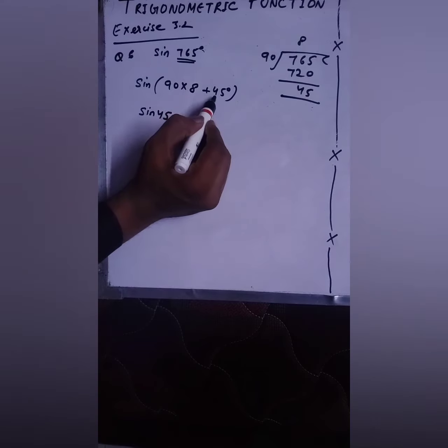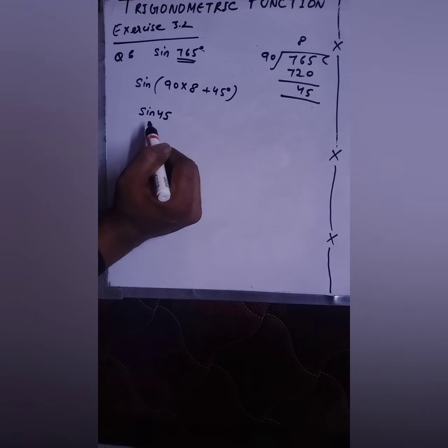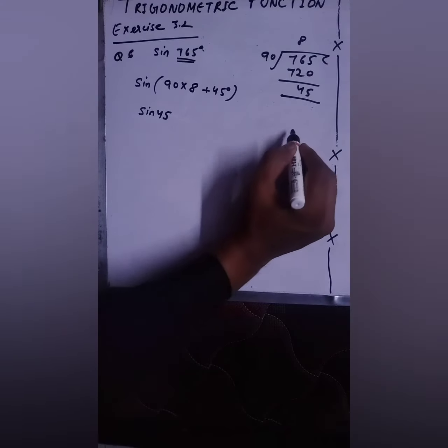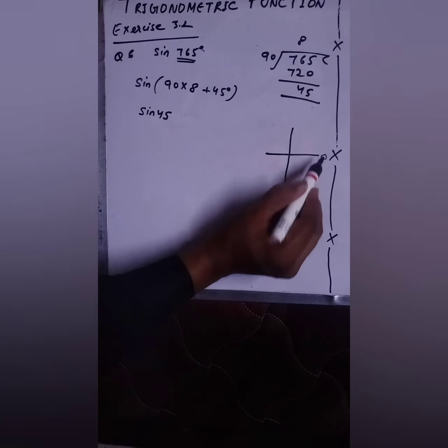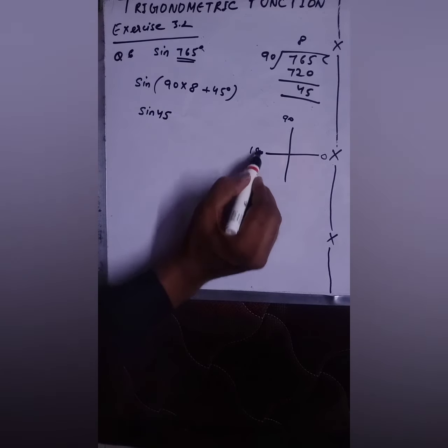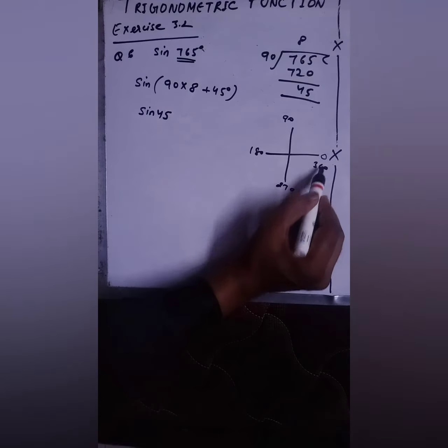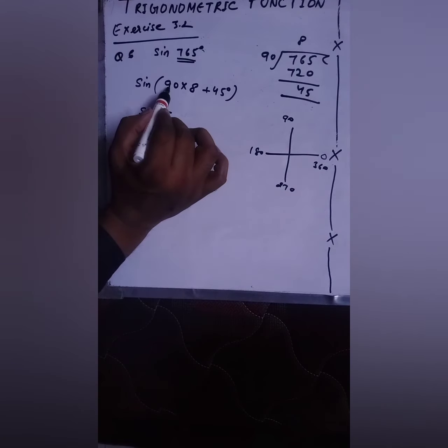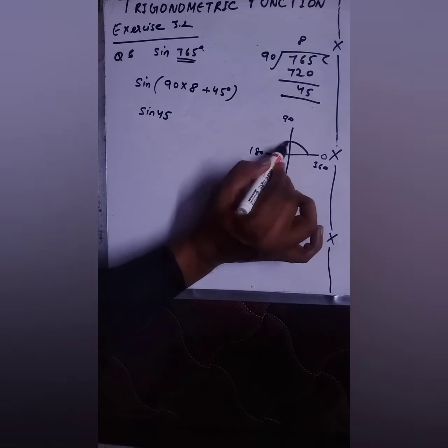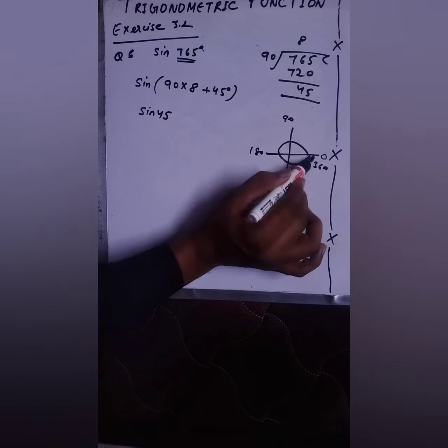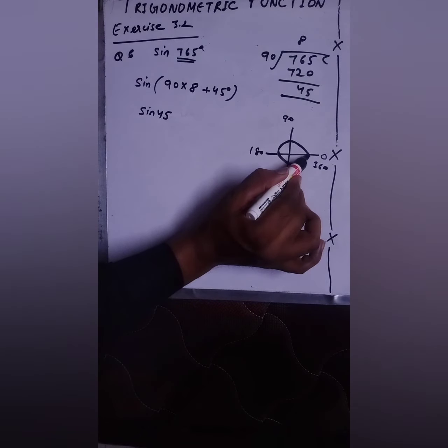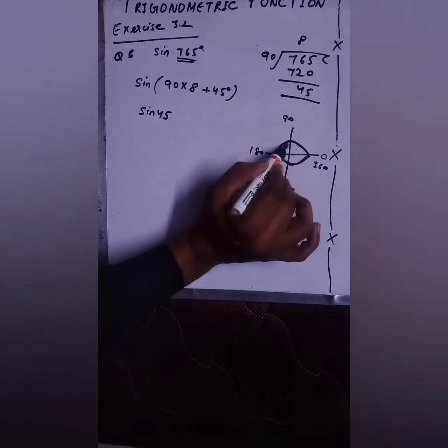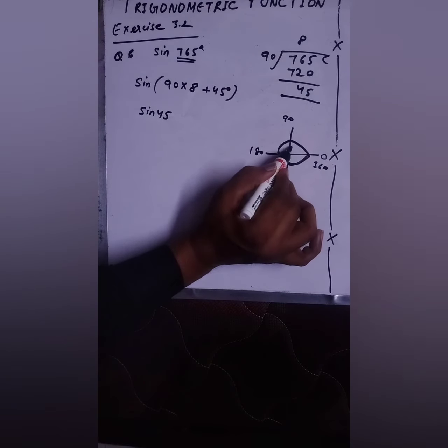After that, you have to check whether this sign is positive or negative, in which quadrant this value lies. So these are your quadrants. This is 0, as you know this is 90, this is 180, this is 270, this is 360. Here we have 90 into 8. One round will give you 4 times 90: 90, 180, 270, 360. Because one quadrant is an angle of 90 degrees.